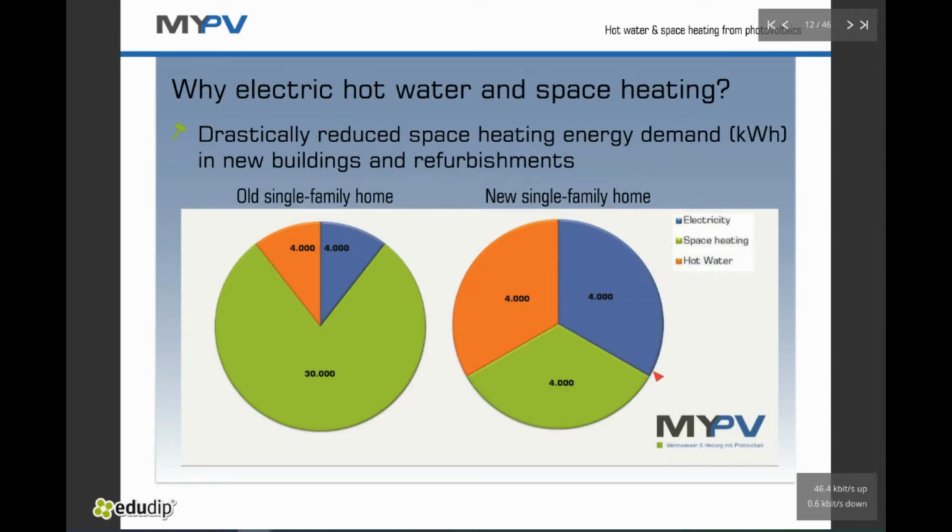What most of the people know is how much energy they use in their building for their electric appliances, so for light and devices and electronics like TV and whatever. So for a single family home in Austria, for example, we need 4,000 kilowatt hours of energy per year for our electric appliances. What hardly anyone knows is that for a 4-person household we also need 4,000 kilowatt hours of energy for hot water heating. And this is what we can already do in all the buildings that we have, in old buildings, in new buildings, absolutely no problem. This can be a cheap alternative to battery systems, but it can also be a cheap expansion of existing storage